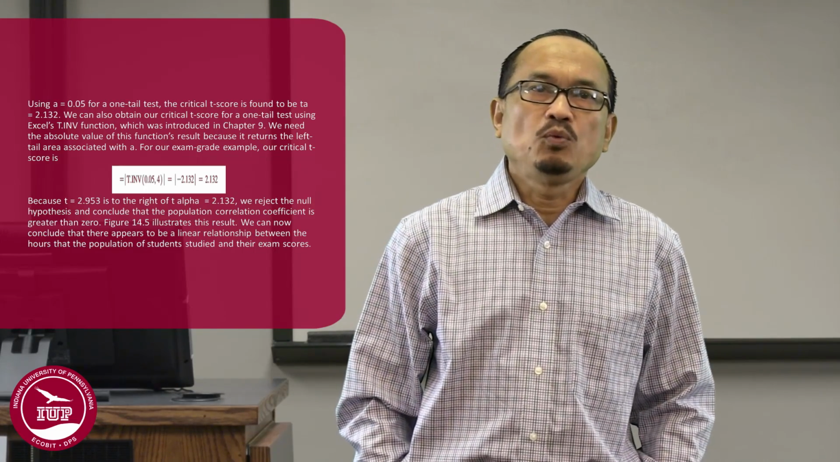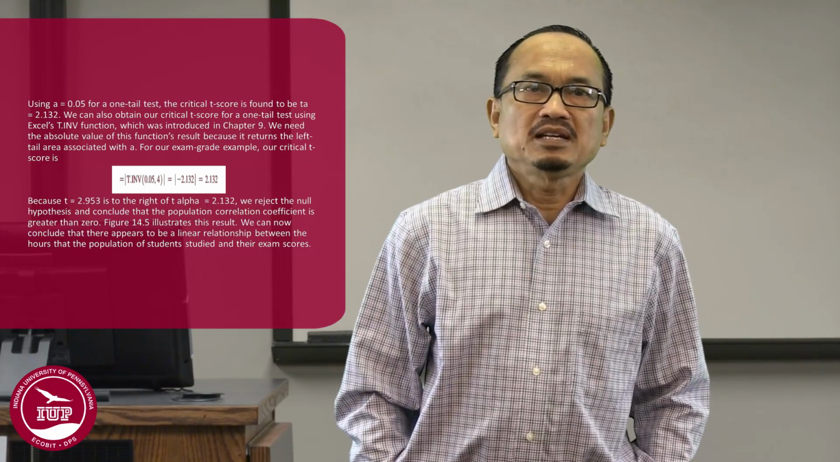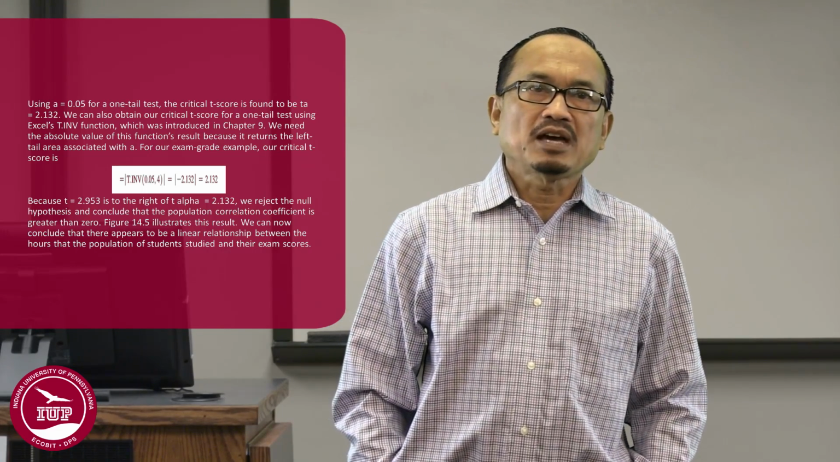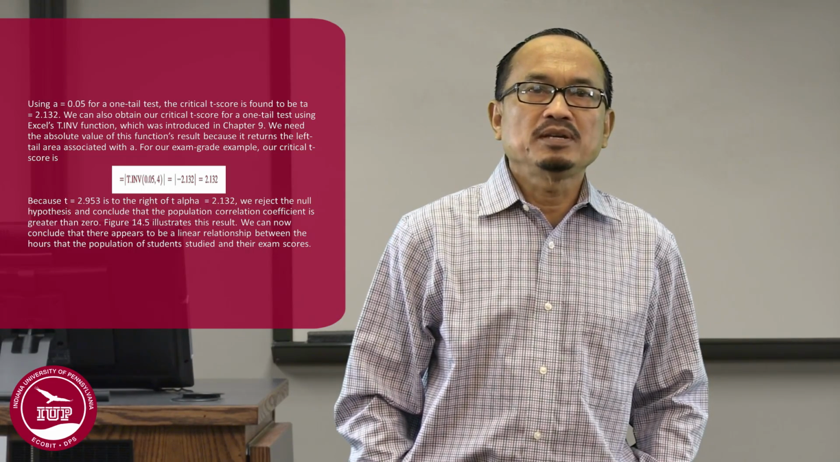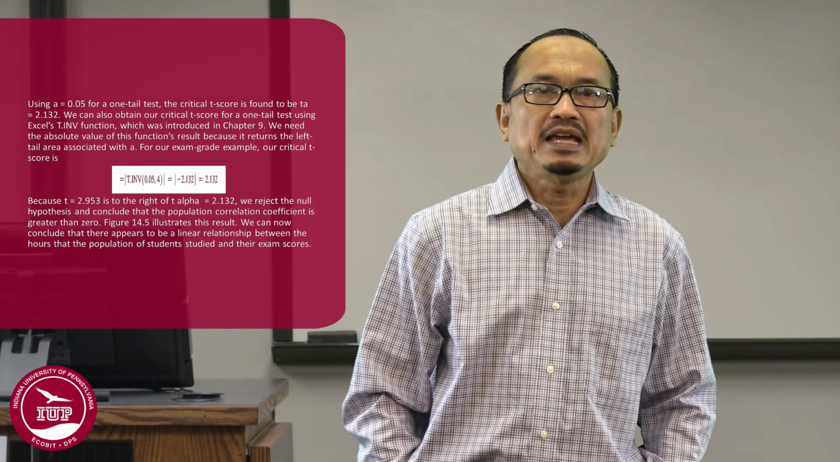Chapter 9. We need the absolute value for this function result because it returns the left tail area associated with alpha. For our exam grade, our critical t-score is T.INV inside parentheses 0.05, 4 is equal to 2.132. Because t equal to 2.9953 is to the right of